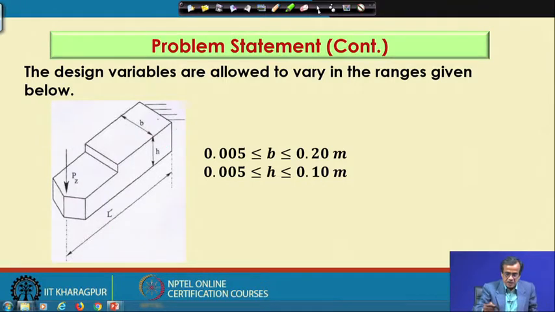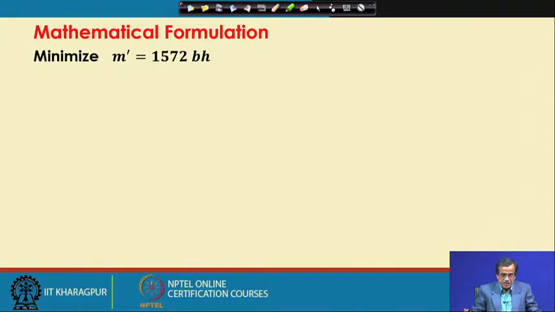Now, this minimization problem we will have to solve: our aim is to minimize the weight or the mass of this single point cutting tool, subject to the condition that the developed stress is lying within the permissible limit. That means there should not be any mechanical breakage of the cutting tool.